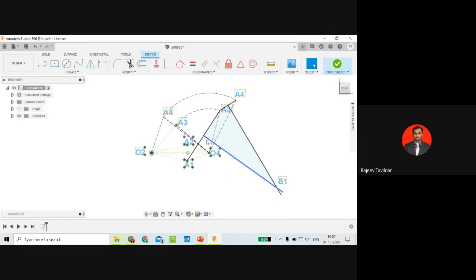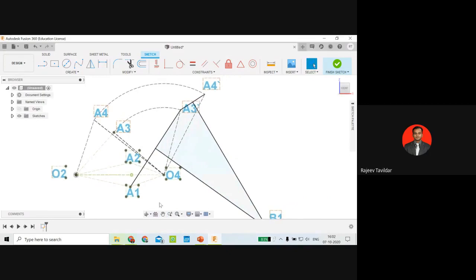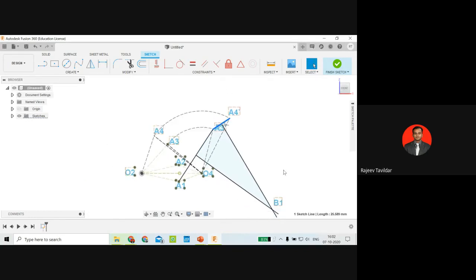I hope this step is clear to you. I'll repeat it. You need to join A1 and A3 dash. This is the line which I'm highlighting here. And draw the mid normal. Mid normal means locate the midpoint and draw the perpendicular line. And second one is you need to join A3 dash and A4 dash, the line which I have highlighted. Draw the mid normal. Of course you cannot draw the mid normal on the top side because they are never going to intersect. That's why I've drawn it on the bottom side so that they will intersect here.